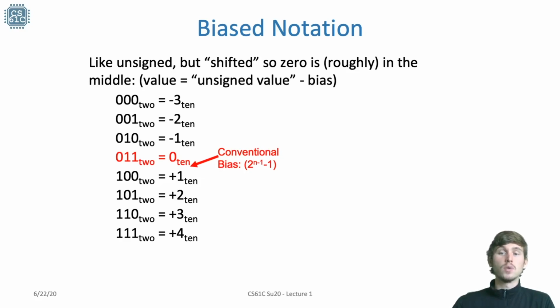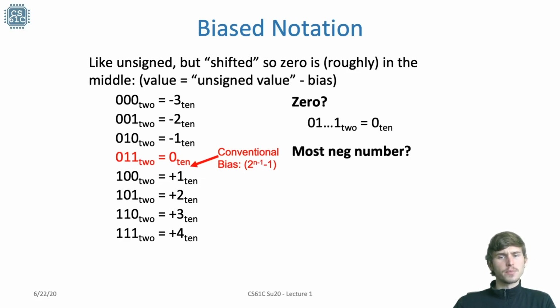I tend to like to add the bias and then have a negative bias if I want to represent negative values. So a conventional bias, if we want to represent negative values, is 2 to the n minus 1 minus 1. And so if we use that conventional bias for these 3 bits, this will give us the range as you can see on the slide over there. So how do we represent 0 with this? Well, in our case, with this given bias, 0 is 0 as the most significant bit and all 1s.